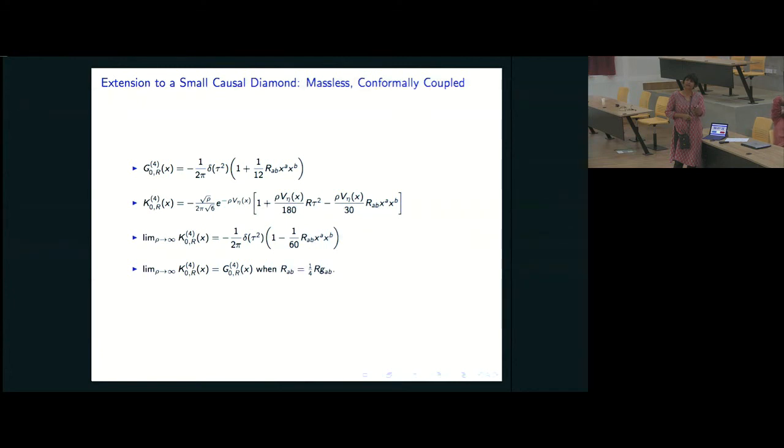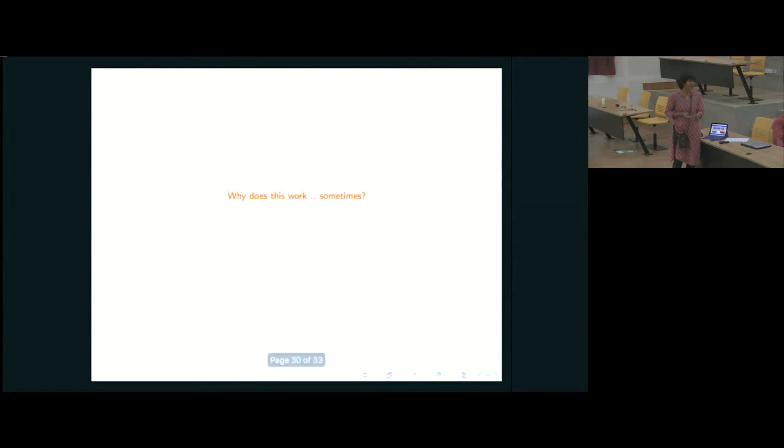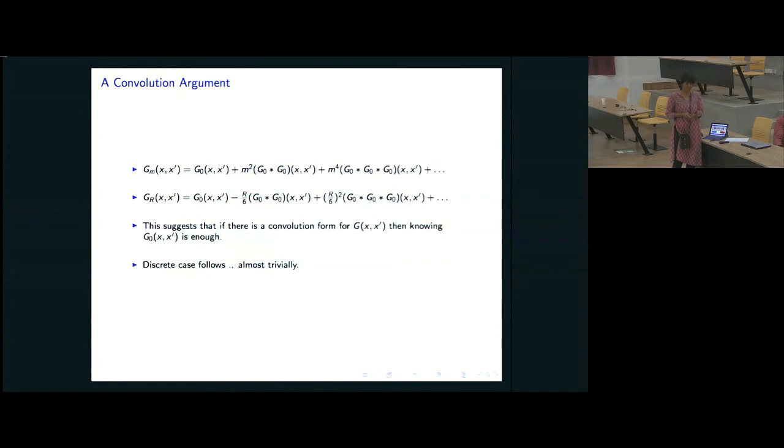And you can ask, well, why is there this discrepancy? But there it is. And it can go away when you pick a constant curvature metric. Or, for example, when it's Ricci flat, but then, of course, when it's Ricci flat, this entire approximation has to be replaced by something else because you're at the next order of correction. So the question is, why does this work sometimes? And the answer to that seems to be that you can really, all of these constructions,